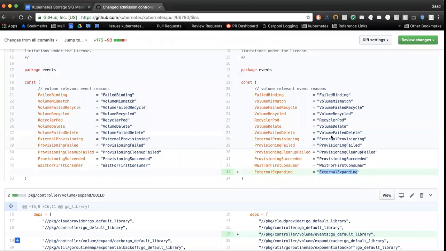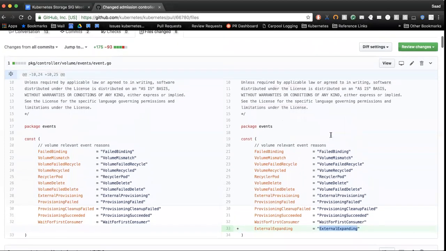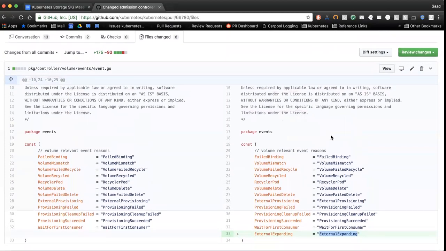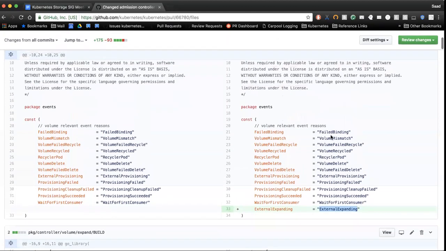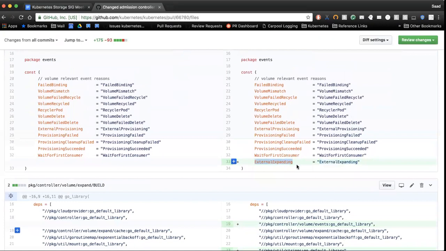A dumb question: how do you even recognize that an external operation is happening? For example, with snapshots, how would you even detect that it happened? In the case of snapshots, it would be the creation of the volume snapshot CRD. I see. In the case of provisioning, it's the creation of the PVC. Here, it's the change in the PVC size. So basically the same logic that Kubernetes controllers use to detect the action gets done by the external controllers or external provisioners.